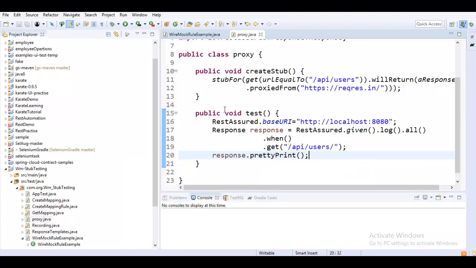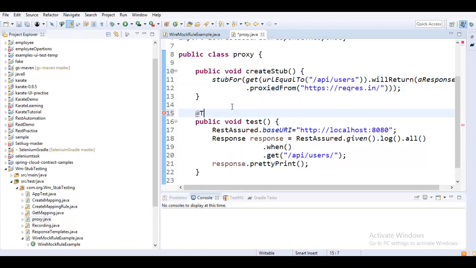So ideally my test case is considering the localhost to be the API host URL, and this is the API. So this particular thing would reach the WireMock server. WireMock will in turn route my request to this particular site. So let me just tag the test with the JUnit annotation.